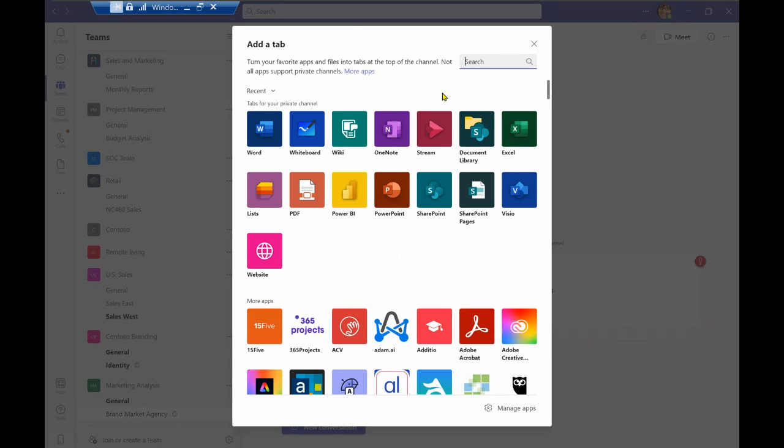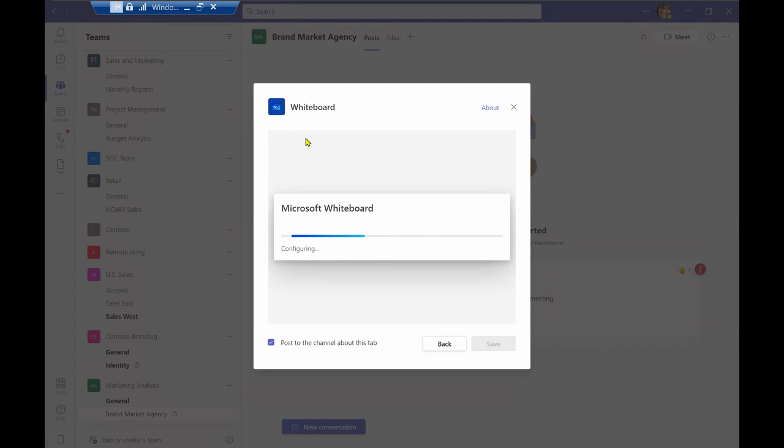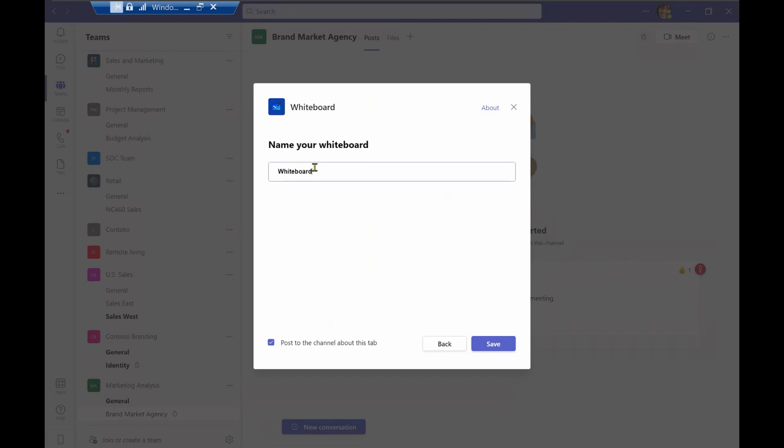So you have the option to go ahead and choose an application that will be most accessible and function with the work that you've been doing. So if I wanted to go ahead and select a whiteboard for the application for the channel that I complete my work in with, as in Megan, if she created a whiteboard, she can go ahead and name it. And once you go ahead and name the whiteboard or whatever document or application that you're using, if there's a specific feature, you can go ahead and name it. And this can be a place to take notes.